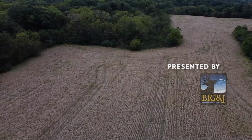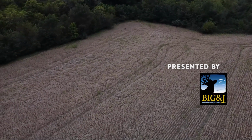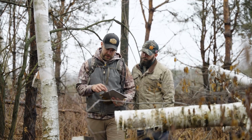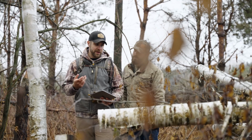All right, guys, so we talk about food plots, we talk about food sources, we talk about a lot of different ways to create food, whether it's through timber stand improvement, burning, reintroducing habitat, things like that. There are some other key variables that I use to determine whether or not there is enough food on my property. So for whitetails, obviously, one of the main things that I try to focus on as a habitat manager, as a hunter, property owners, anybody that owns property, trying to focus on getting enough food on their parcel for whitetails,